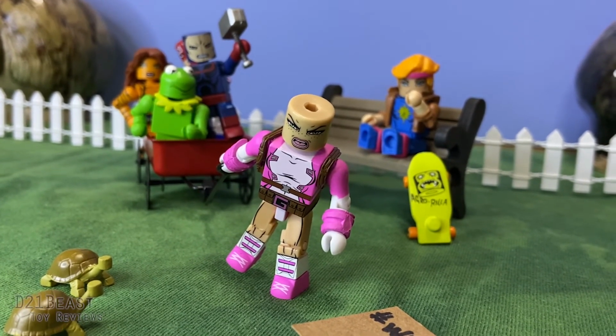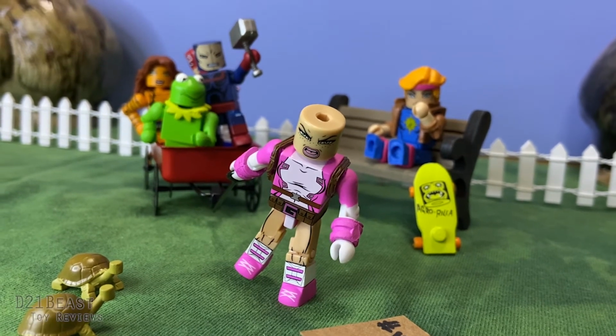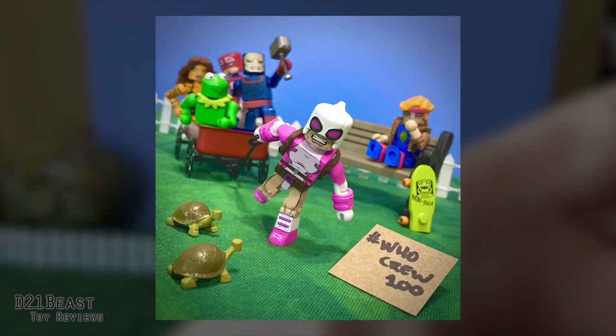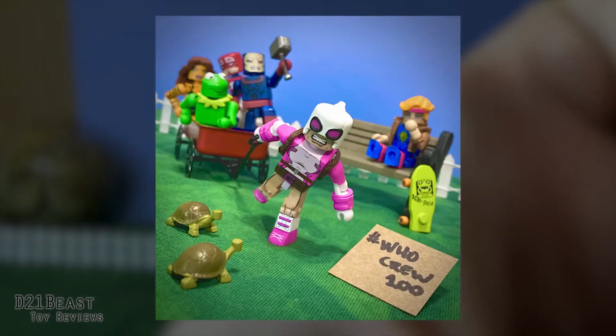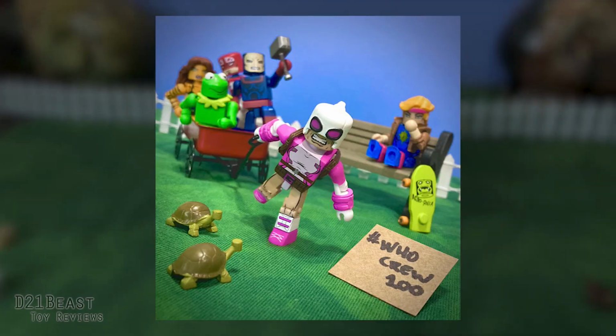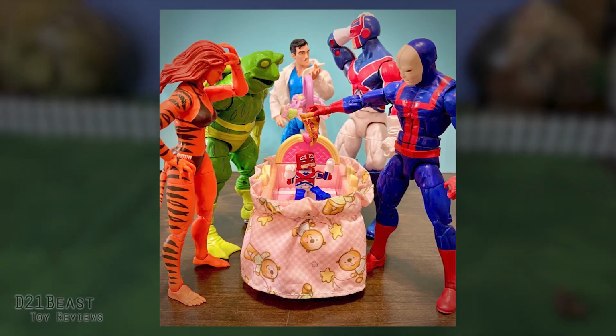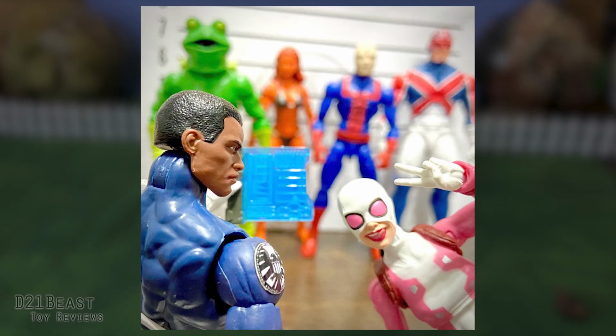And then I just did a little bit of color touch up in post, just to make sure it popped and it was vibrant. And I kind of like how it turned out. So that's how I took the picture for Gwenpool running with the wagon. And that's similar to what I did with Captain Britain as the baby that Captain Britain Sr. wasn't expecting. And with the